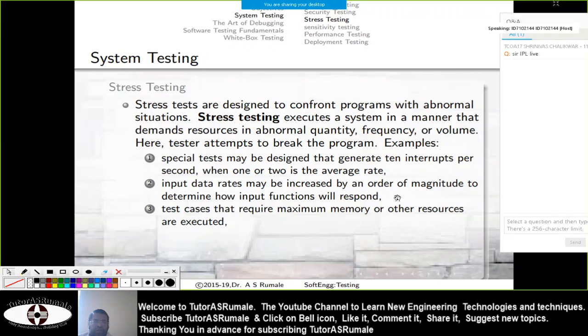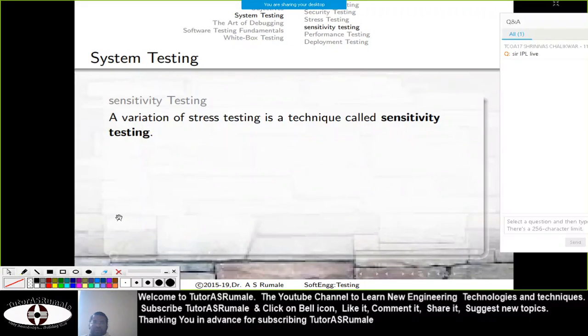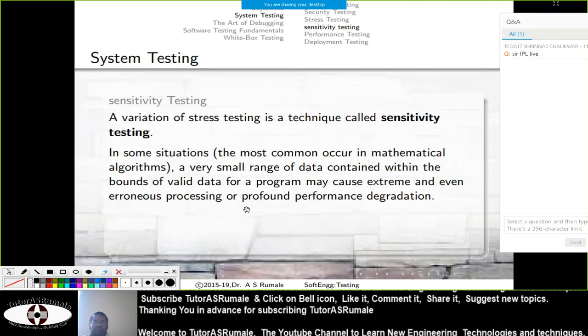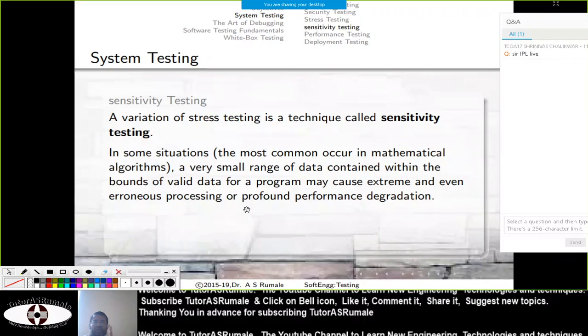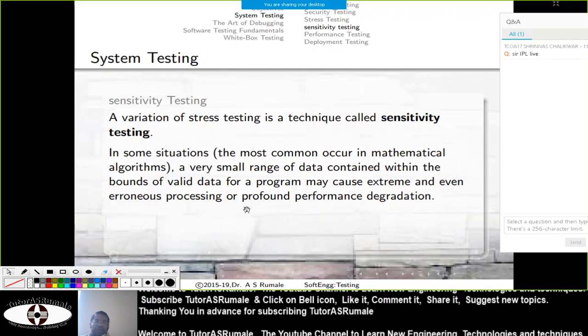Then there is sensitivity testing. A variation of stress testing is a technique called sensitivity testing. Some situations occur most commonly in mathematical algorithms, where a small range of data contained within the bounds of valid data